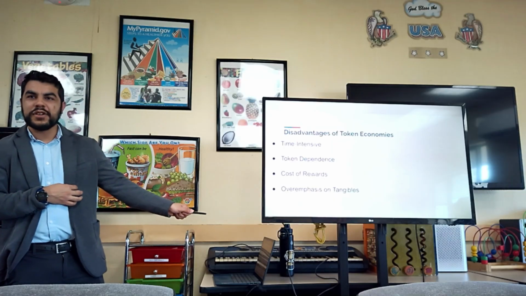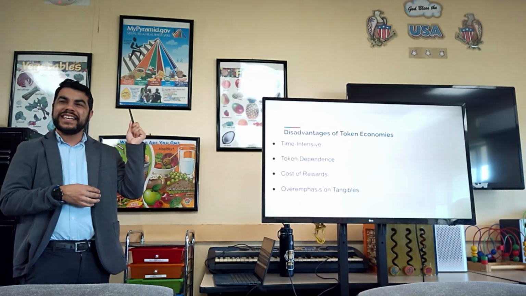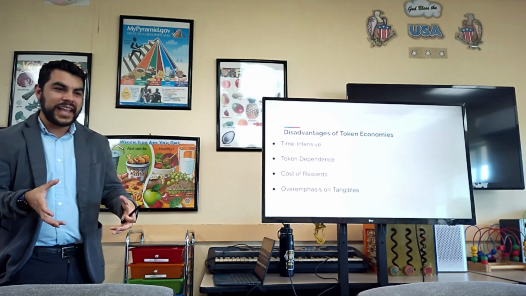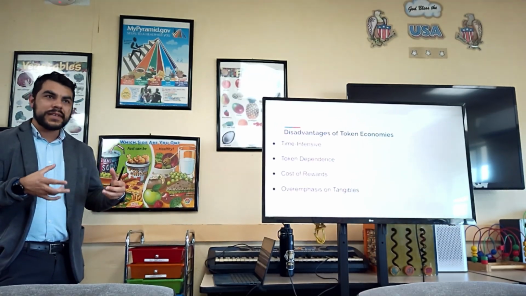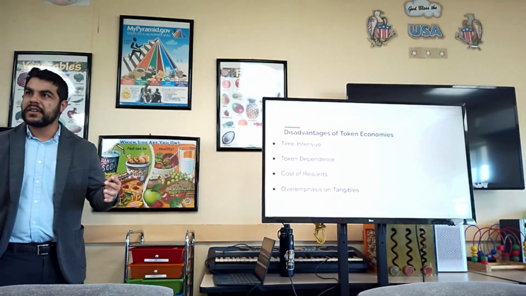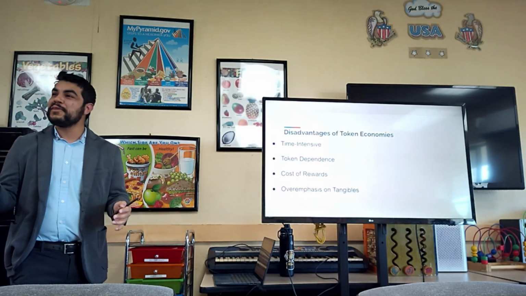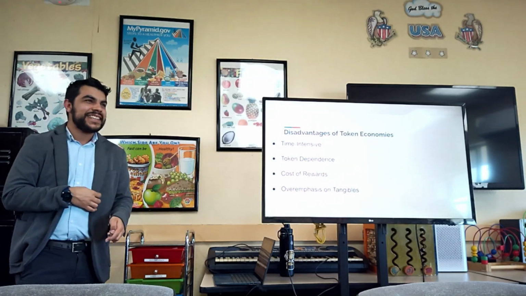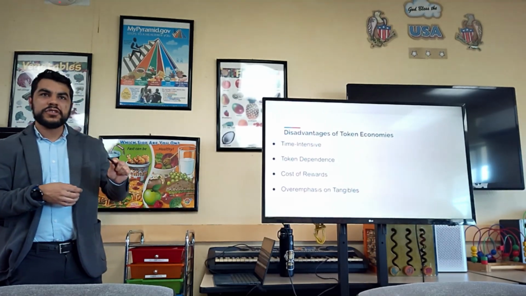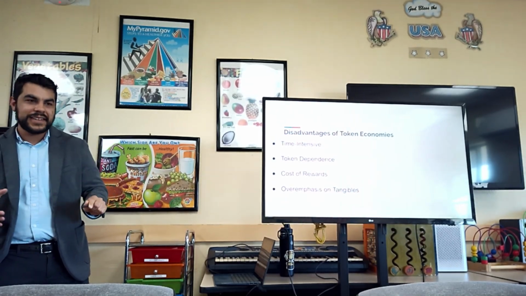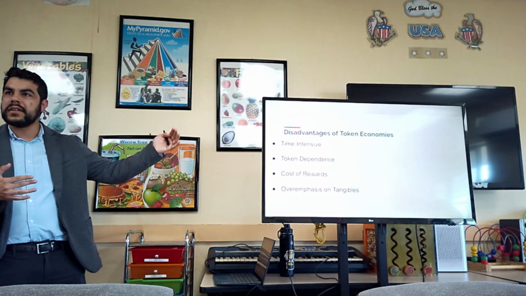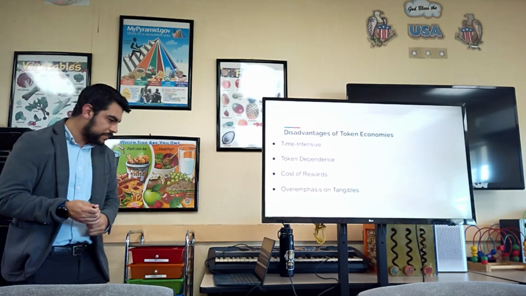Oh, yes. And then token dependence. Oh man, it is so excruciatingly difficult to fade. Once somebody has a token board and they become, I would say, somewhat reliant on it for their motivation to do the target behaviors, it is so hard to remove. Because you really have to do this real systematic fading where the intermediate schedule that you're putting in place is high enough to where it would even go beyond what is naturally occurring.